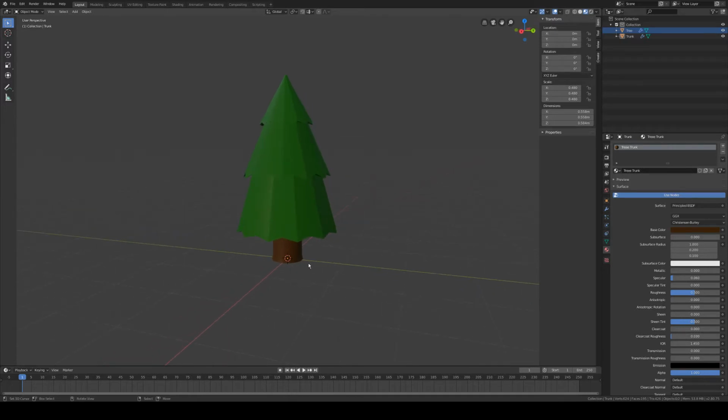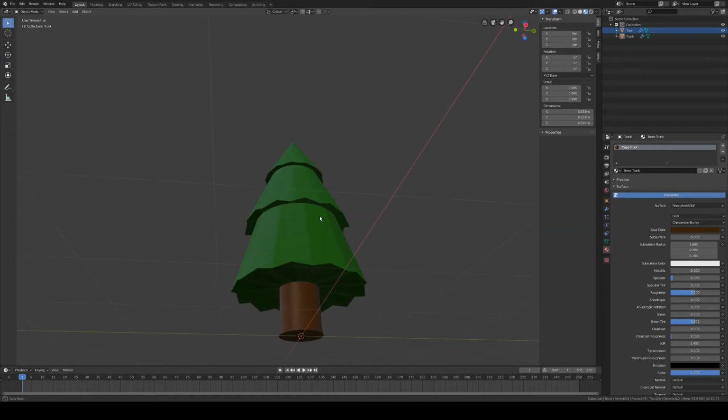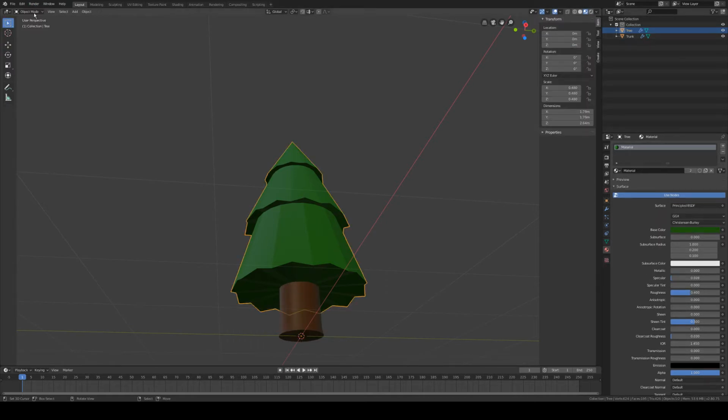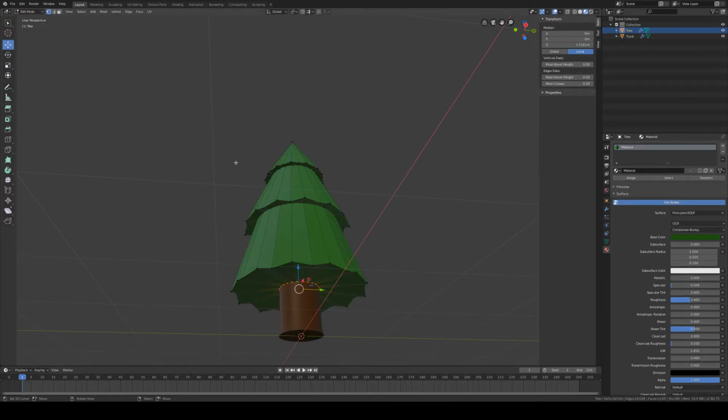Let's say we wanted to add some highlights to our tree. It's kind of boring just having a totally solid tree. Now you can texture and do things, however we're not going to go over that today. I'm just going to show you how to select different areas on your tree. So if we look down like this, get a good view, let's select the tree, go into edit mode, and we're going to select edges, and we want to select this area,